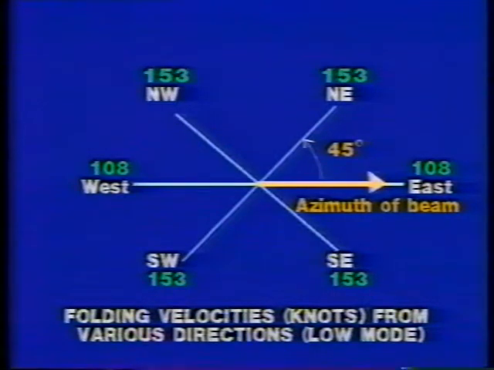It takes a horizontal wind of 108 knots, blowing exactly in the direction of the off-vertical beam, to create folding. For example, if the off-vertical beams point east, a 108-knot wind from the east or west will create a fold. But if the wind is 45 degrees off the east-west line, it would take a speed of 153 knots to